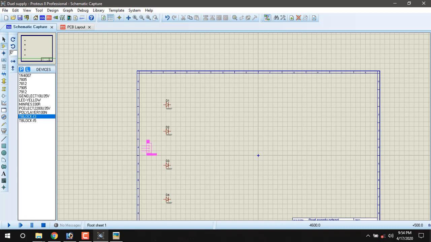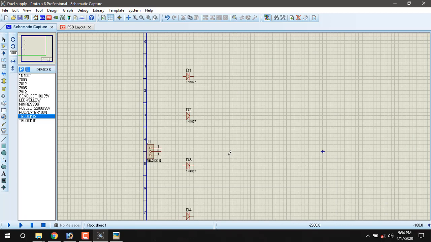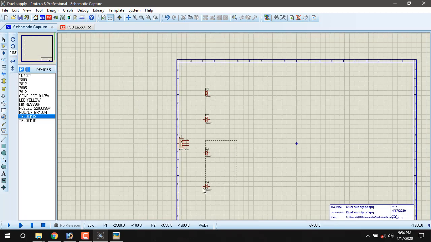So we need to rotate, press plus key. If anything is wrongly selected, press escape key.